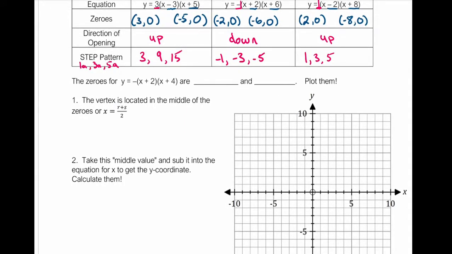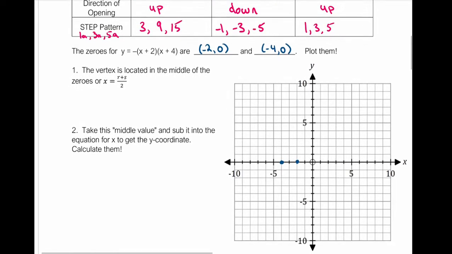If I'm given the equation y equals negative x plus 2 times x plus 4, the two zeros are negative 2, 0, and negative 4, 0. So I have a graph here below, so let's go through and actually plot those 2 points. So negative 2, 0, negative 4, 0. Because this is a parabola, these 2 points have to be on either side of the vertex. And because they're equal distance apart, we should be able to tell that our vertex has to be somewhere